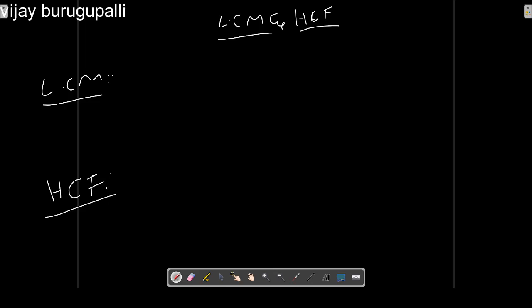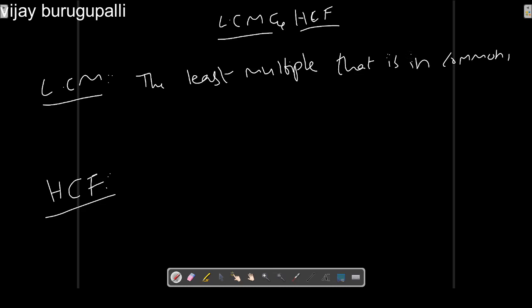LCM is nothing but the least multiple that is in common for two or more numbers. That means the least multiple number that is common for two or more numbers. For example, if we take two numbers